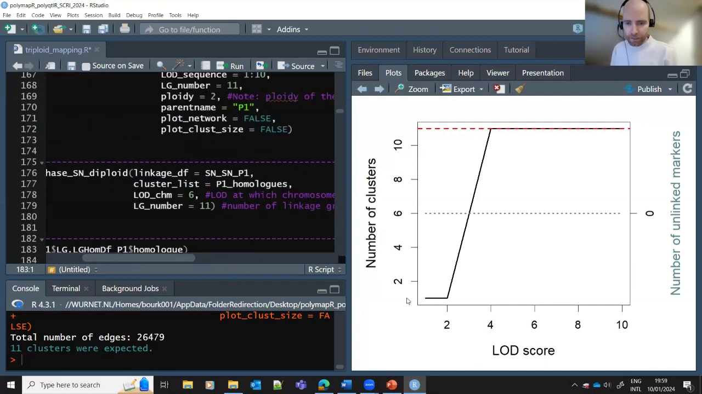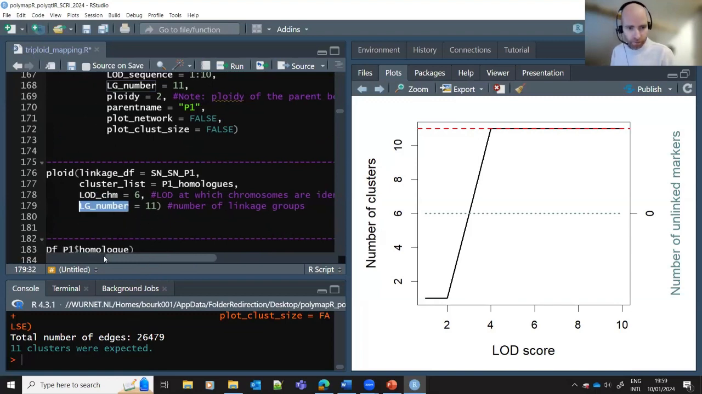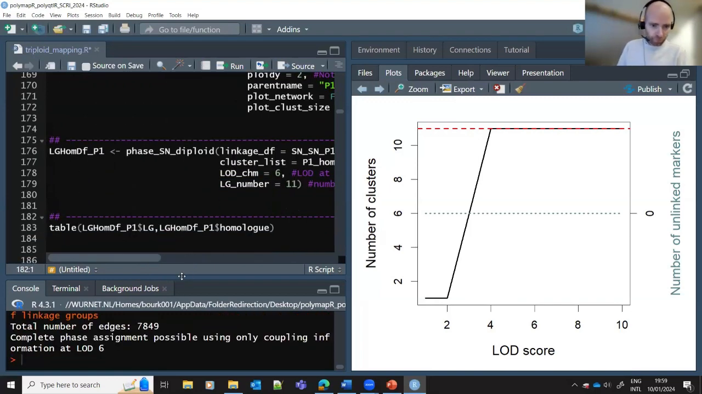We tell it that at a LOD of 6, actually I could have even put this at a LOD of 4, but at a LOD of 6, certainly we find our chromosomes. So this is the LOD at which the chromosomes are identified. And again, this LG number is the base chromosome number of the species that we're working in. So in this case, 11. And it happily tells us that we were able to phase all those markers